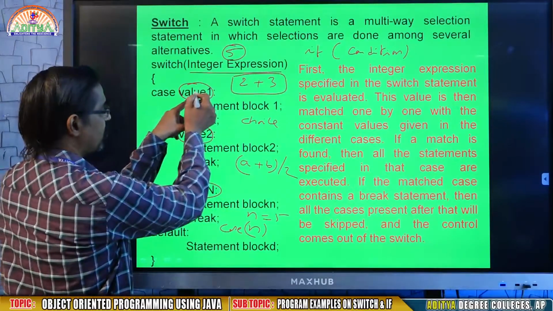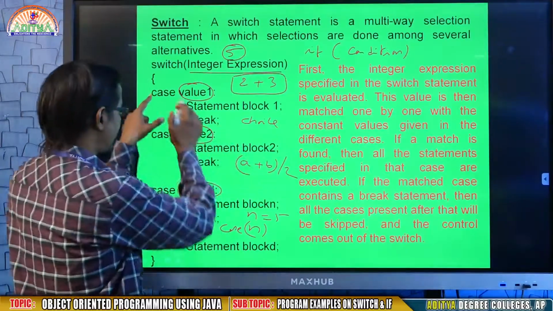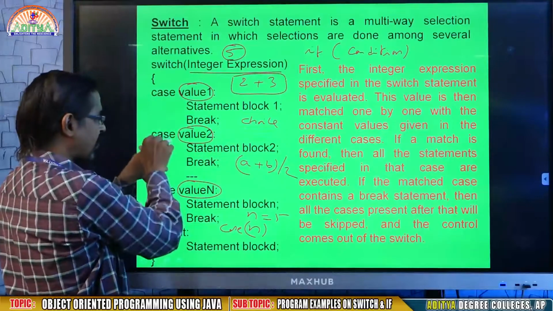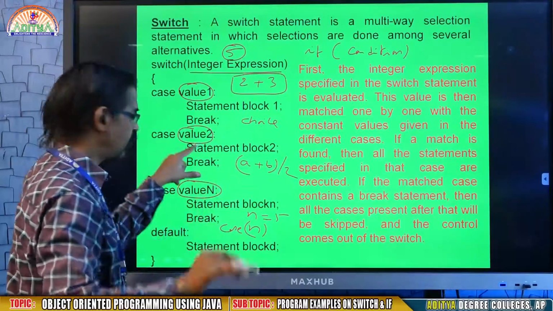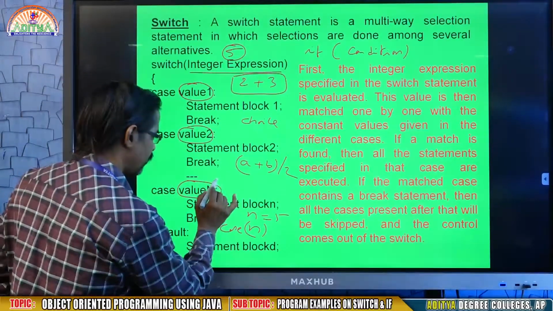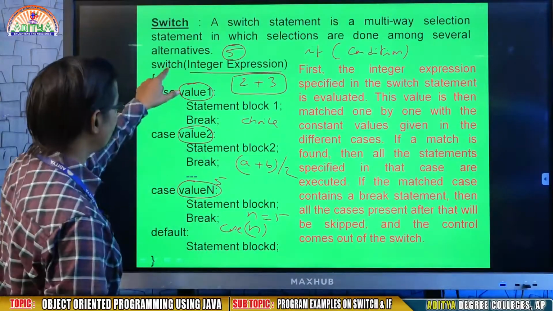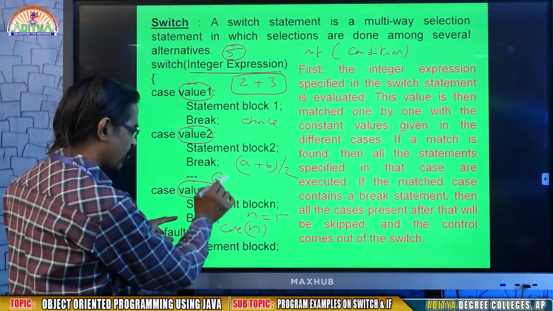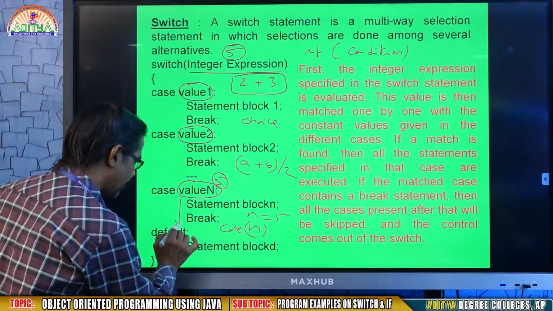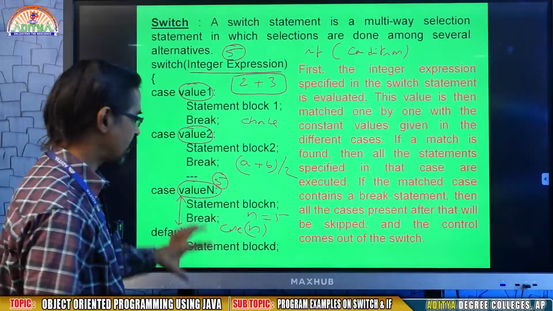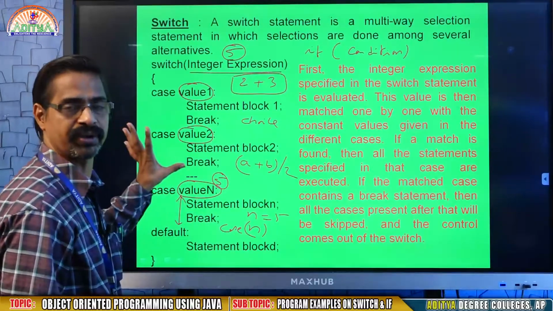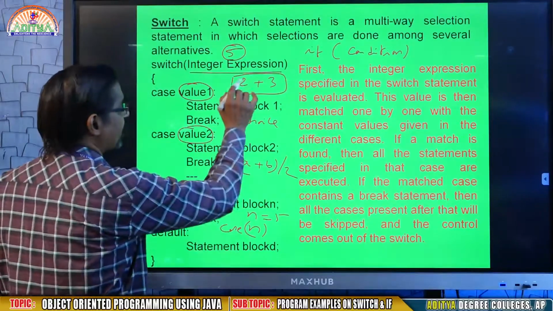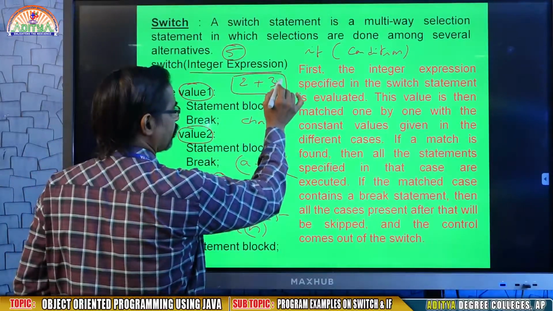Here value 1 is not 5, so it won't enter into the case body, it will come to another case. Here it is not 5, it will come to another case. Assume this case value is 5. My output of the integer expression is 5, and here the case shows 5, so this body will be executed.